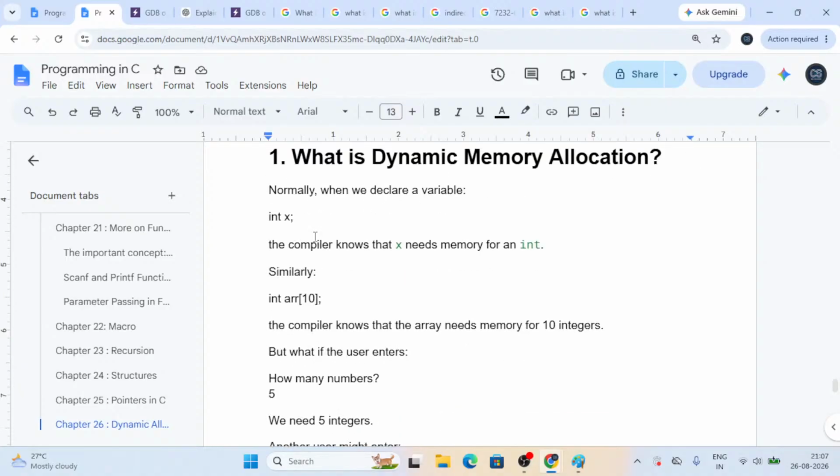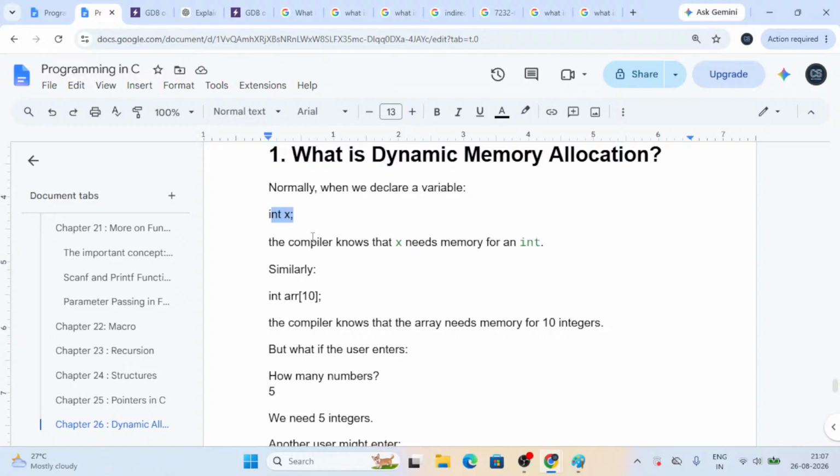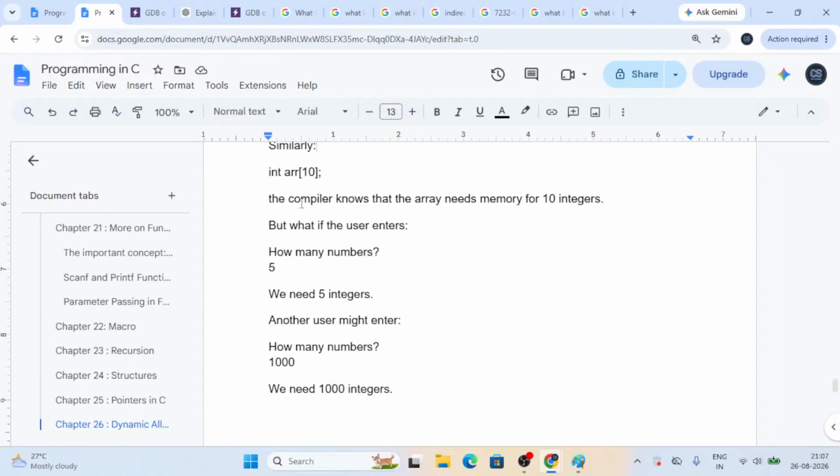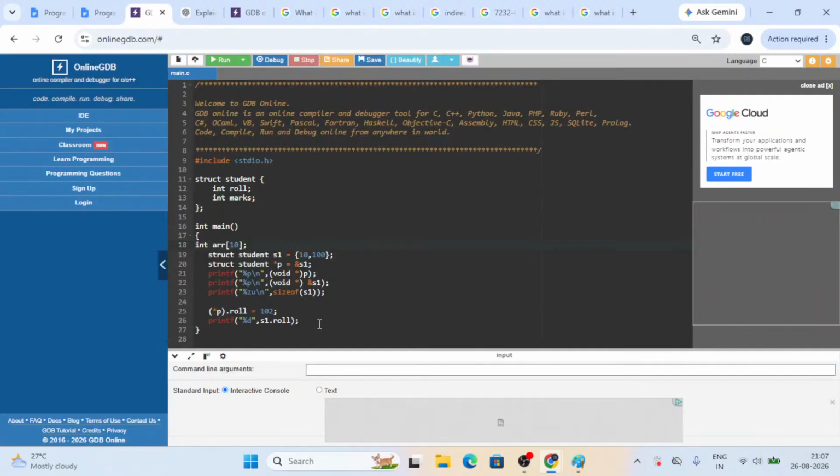Normally when we declare a variable, int x, the compiler knows that x needs memory for an integer. Similarly, for int array of 10, the compiler knows it needs memory for 10 integers. But what if the user decides the size of the array? So let's say